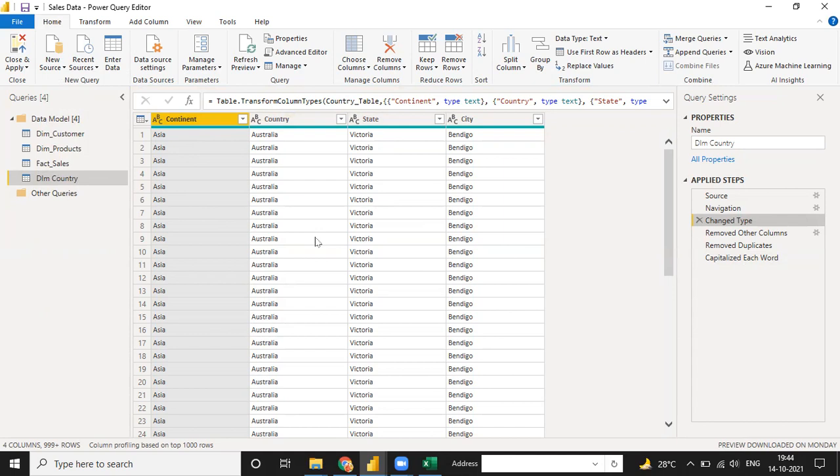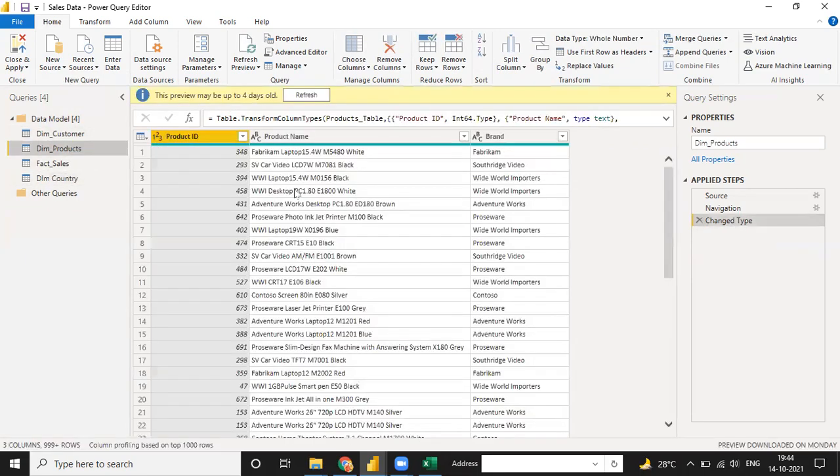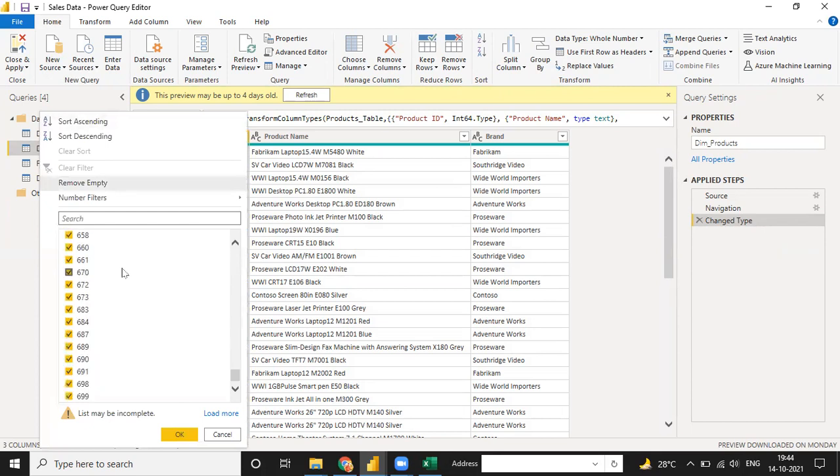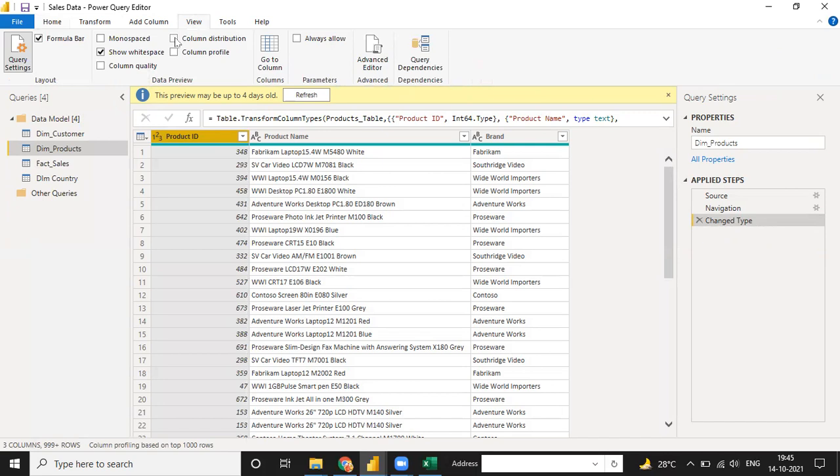Okay, same way I will tell you in future, because we have many projects, how to connect all the files. Right now I am just going through a basic one, so I am going to explain the basics. So first we have dim country, and in the same way we have a total of product. In this product ID, suppose if I select, we have different products. We have different products, but see whether all the products are unique or not. Let me just check. For this, you have to check whether all the products are unique or not.